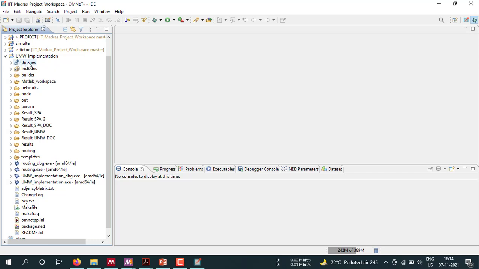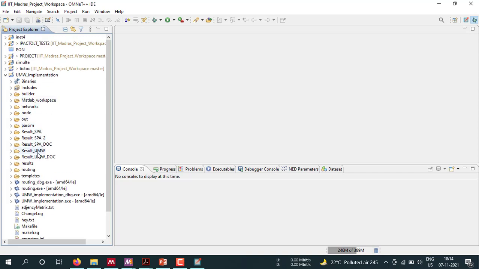You can see there is a binaries folder, which is not created by the user. It is created by default when you run your project. Includes also is not a part of the user-defined folders. Only this is the result folder. So I will illustrate how you can design it, because